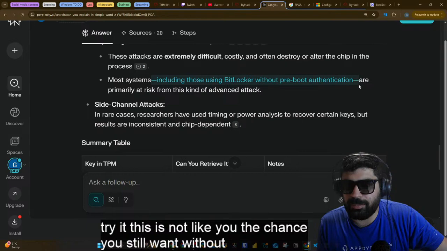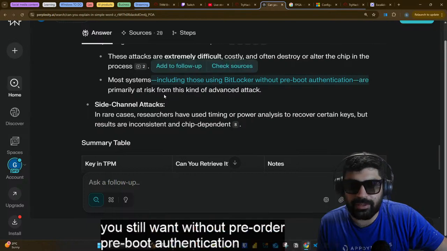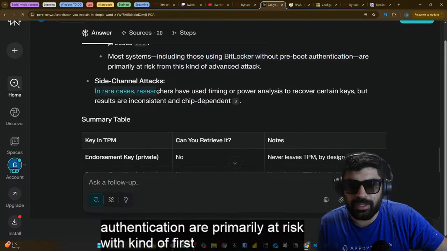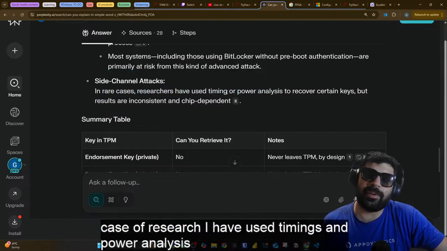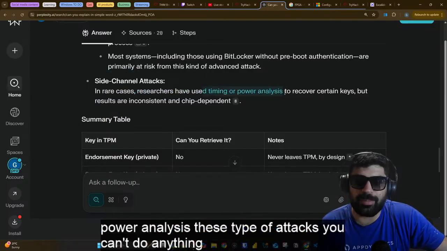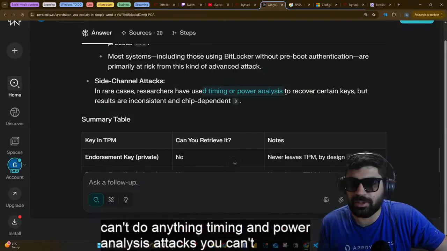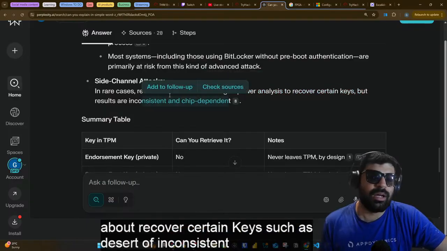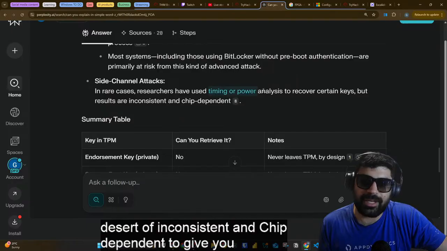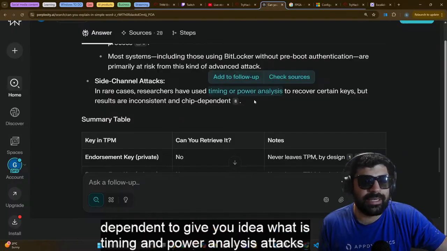Systems without pre-boot authentication are primarily at risk of this kind of advanced hack. In rare cases, researchers have used timing and power analysis. These types of attacks, timing and power analysis attacks, you can't do anything about. To recover certain keys, though the results are inconsistent and chip dependent. To give you an idea what timing and power analysis attacks are, let's say